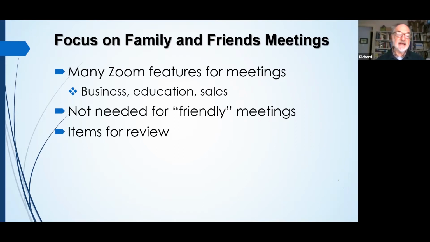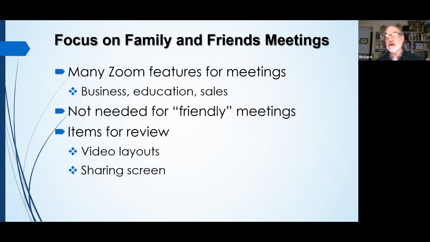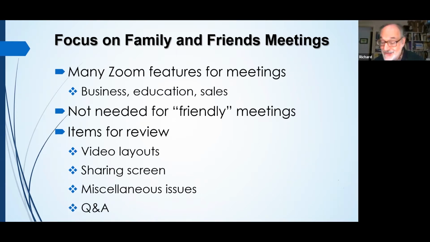So this is what we're going to cover today. The way you can have the various videos look before you share a screen. There's basically two versions, and I'll talk about that and show some examples of how you could rearrange the views of everyone who's a participant. The other one I want to talk about is how you share your screen, both as a host and as a participant, and also the tools that a host has to enable or disable participants from sharing their screen. And there's a number of small issues I want to just briefly touch upon at the end. And when that's over with, I'm basically finished for this last session,